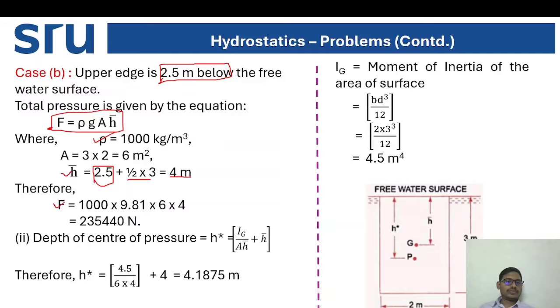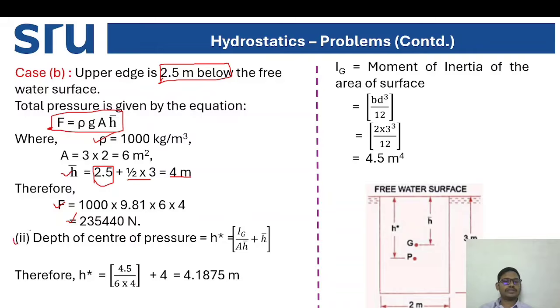Therefore, force equal to rho g A into H bar. So F is equal to 1000 into 9.81 into area 6, that is 3 into 2, and H bar is 4. So total force is